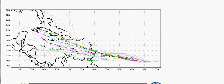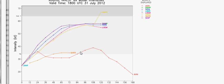So we'll see if this can survive its trek across the Caribbean, and most of the models are saying that it will survive, albeit somewhat impacted by the trade winds here, but should survive and could possibly enter the Gulf of Mexico sometime the end of next week or the beginning of the following week. As you can see from the intensity models, most models now bring Invest 99L up to tropical storm status in approximately 120 hours. So it will be slow to develop, but I think once it gets going, the tropical cyclone